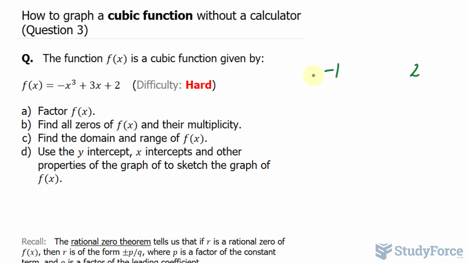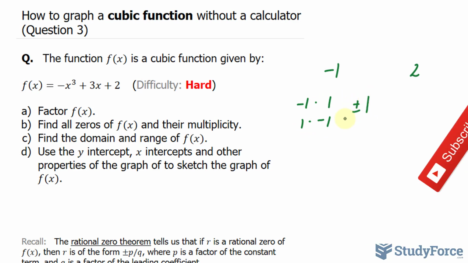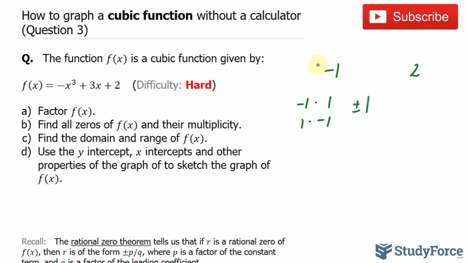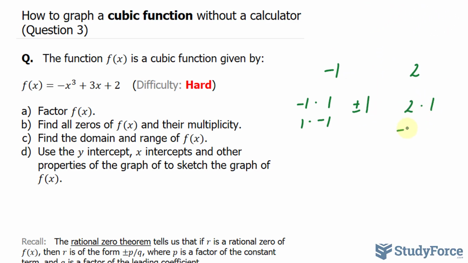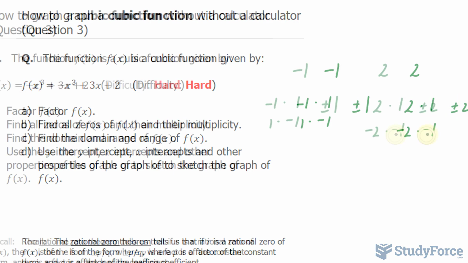What multiplies to make negative 1? Well, you have negative 1 times 1, and you have 1 times negative 1. Therefore, plus minus 1 are numbers that multiply to give you negative 1. And similarly, what are numbers or multiples that multiply to 2? You have 2 times 1, negative 2 times negative 1, and that can be summarized as plus minus 2 and